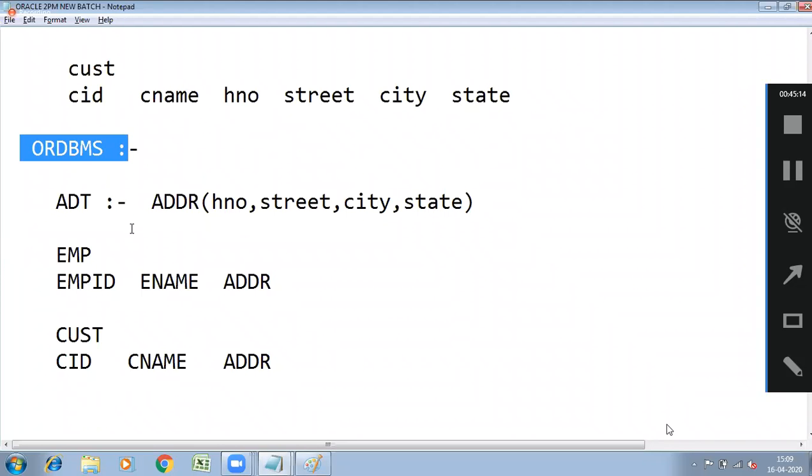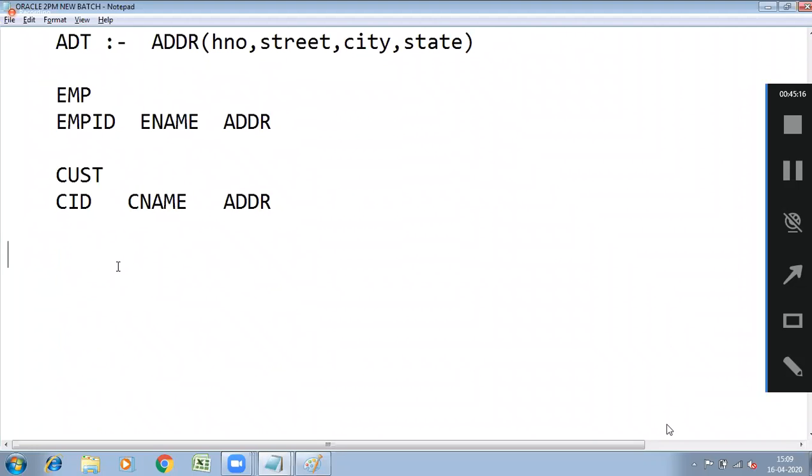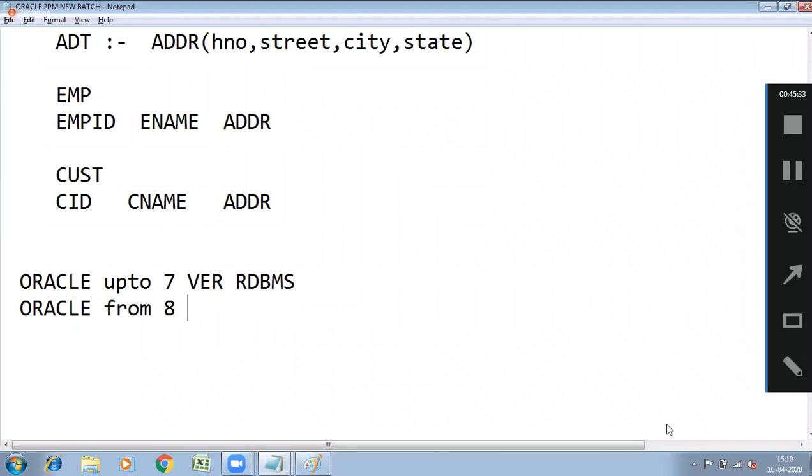Then see, Oracle up to version 7 is RDBMS, and Oracle from version 8 is ORDBMS.